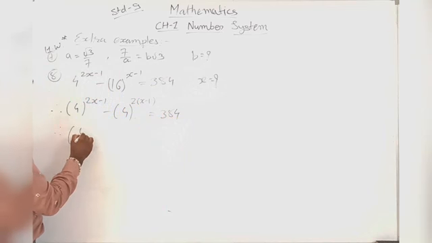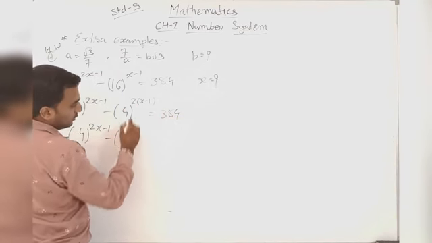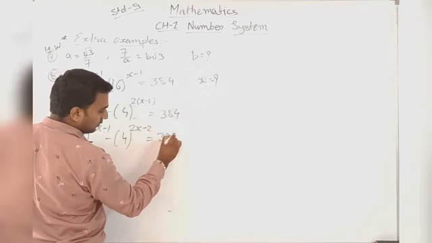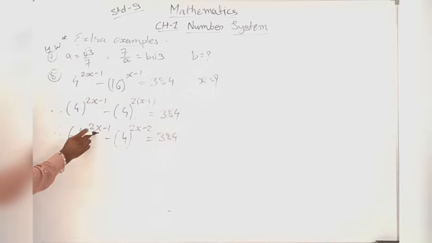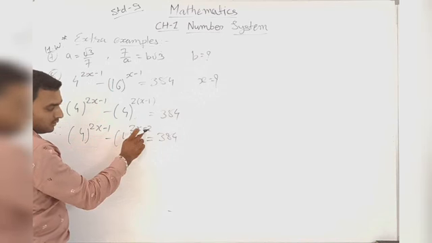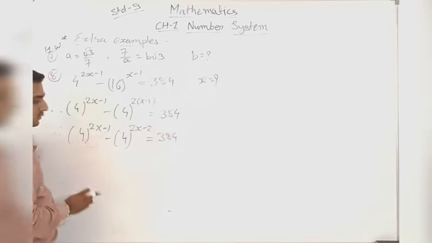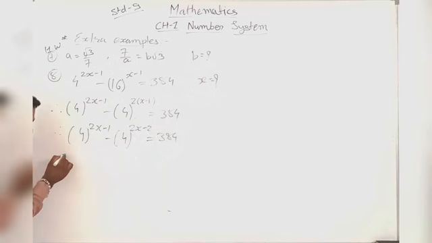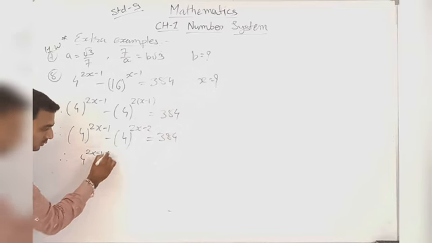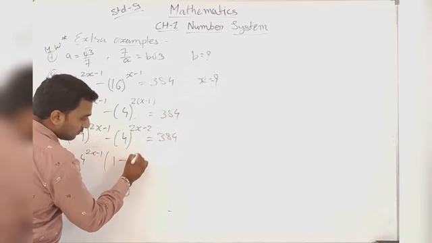Therefore 4 raised to 2x minus 1, and here also minus 4 raised to 2x minus 2, we multiply 2 inside. We know that here it is 2x minus 1, and here also we can see that it is 2x minus 1, because if you divide these two you get minus 1, that's why you can get this one. So we can take it as common. 5 raised to 2x minus 1 is your common. So in the bracket, here 1 is remaining, minus here 4 raised to minus 1 power is remaining.